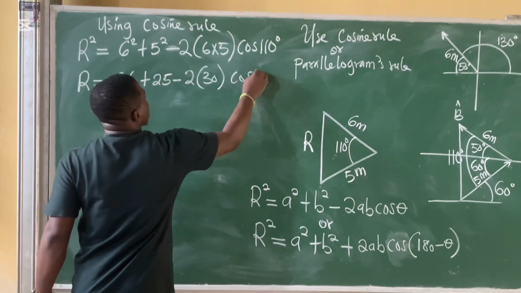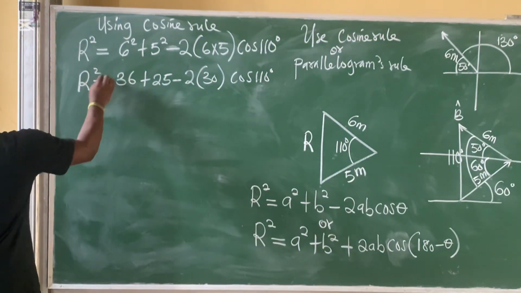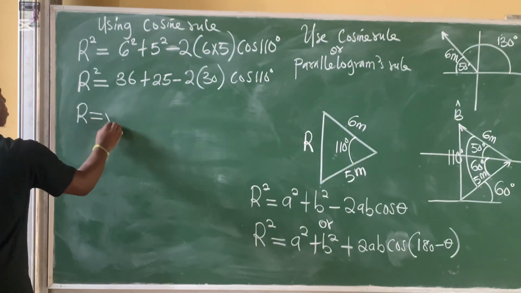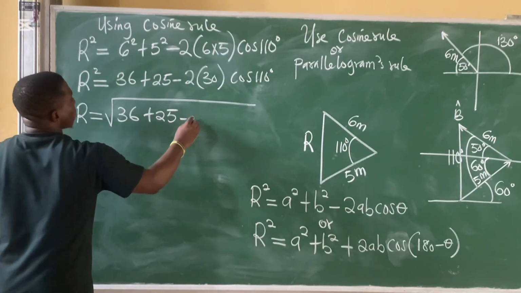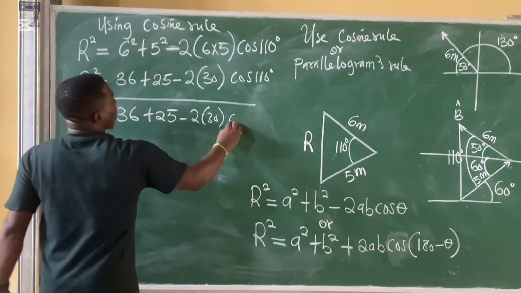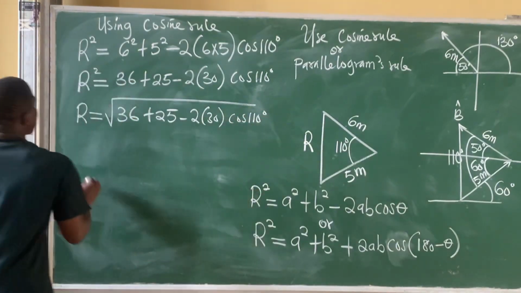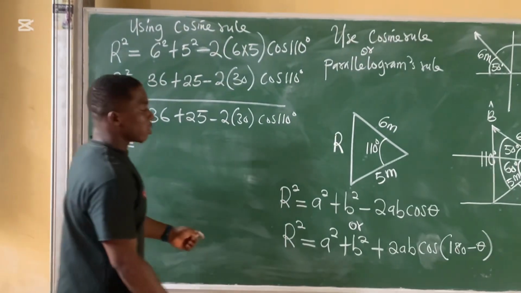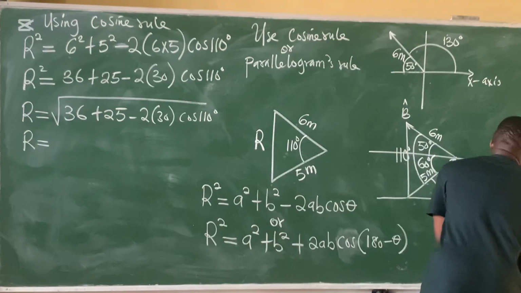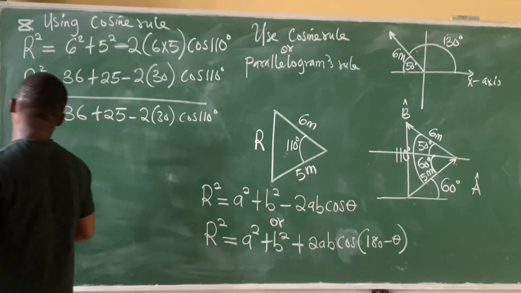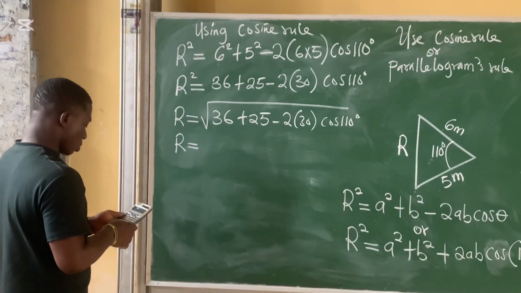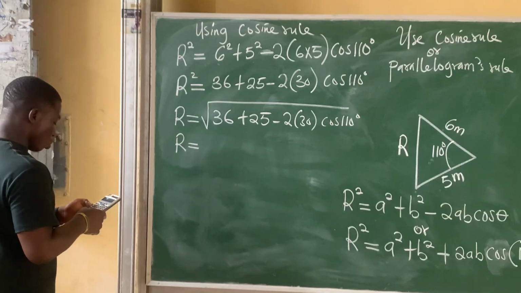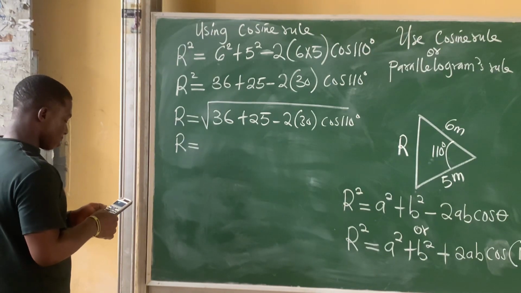Then cos 110. So finally, I know this r squared, so to get r is equal to the square root of 36 plus 25 minus 2 times 30 cos 110 degrees. So finally, my resultant, if you use your Casio FX to do this so that it becomes faster, the root of 36 plus 25 minus 2 times 5 times 6 cos 110 degrees,